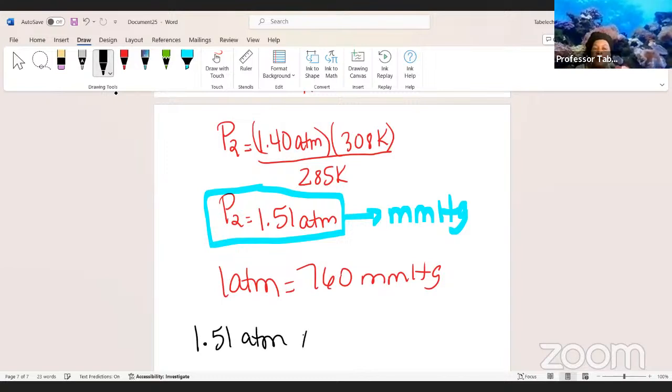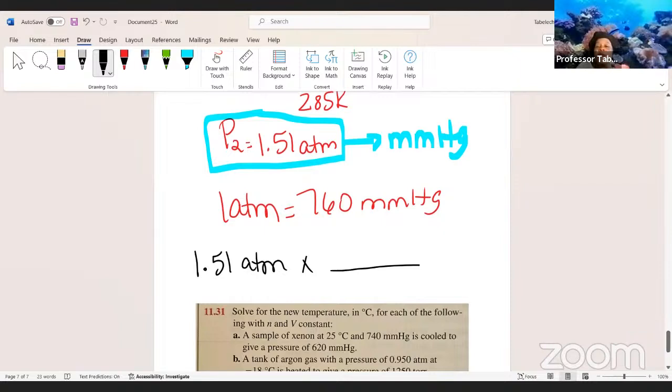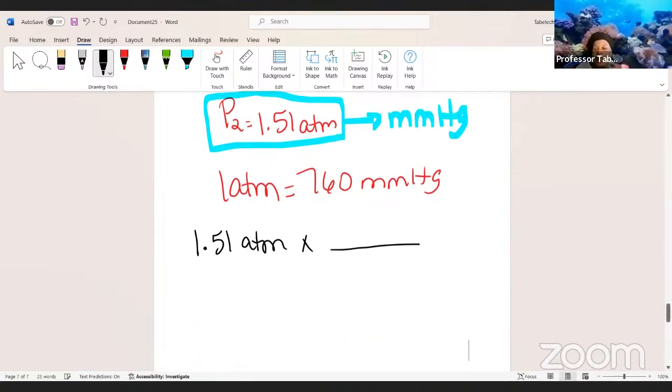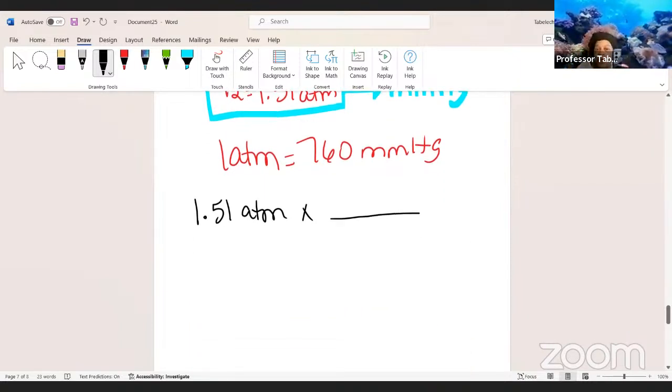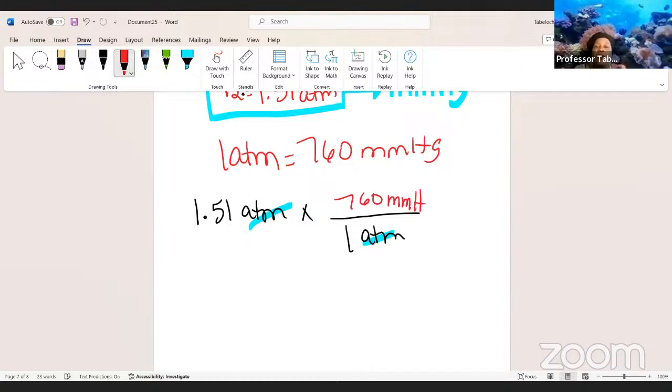So 1.51 ATMs times, remember, what are we trying to get to? Goes on top. What are we trying to get rid of? Goes on the bottom, the unit, okay? 1 ATM is going to go on the bottom because that's what we're trying to get rid of. And what's going to go on the very top? 760 millimeters of mercury. So now all you have to do is multiply that 1.51 times 760, and you get